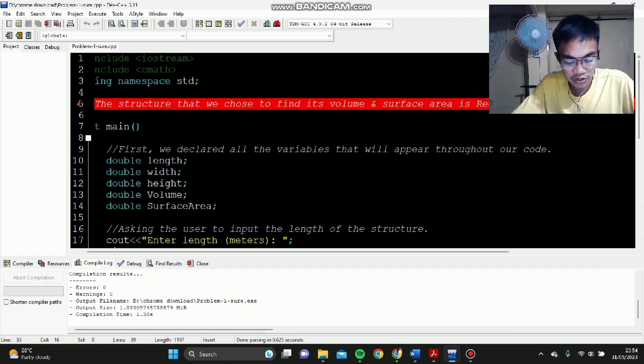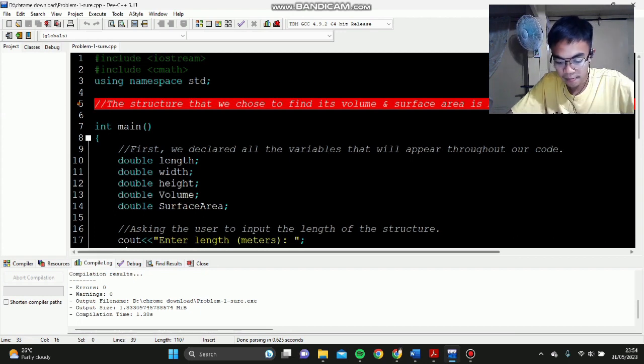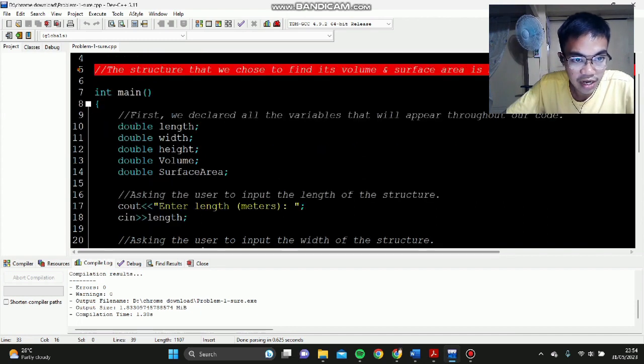So, on the first line of code, we use the hashtag include iostream, which is called a header file library. This code basically allows us to work with the input and output objects, or to make it simpler, this header file adds functionality to the C++ program. So, the second line here